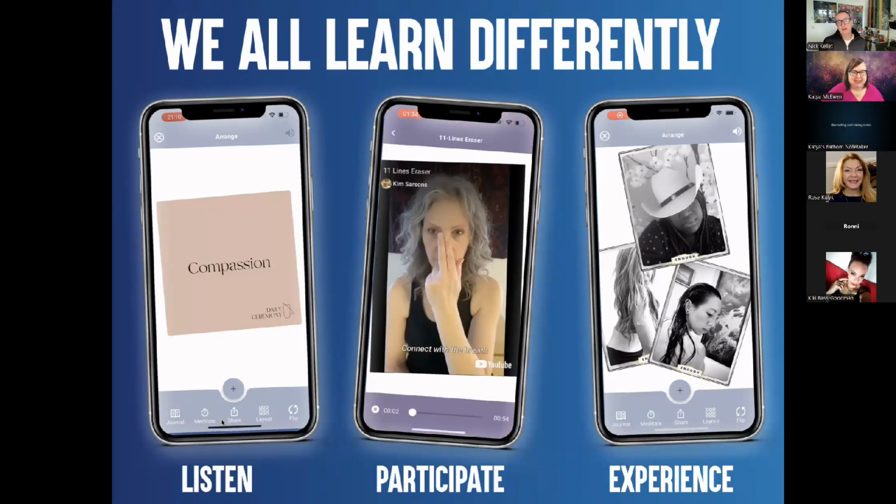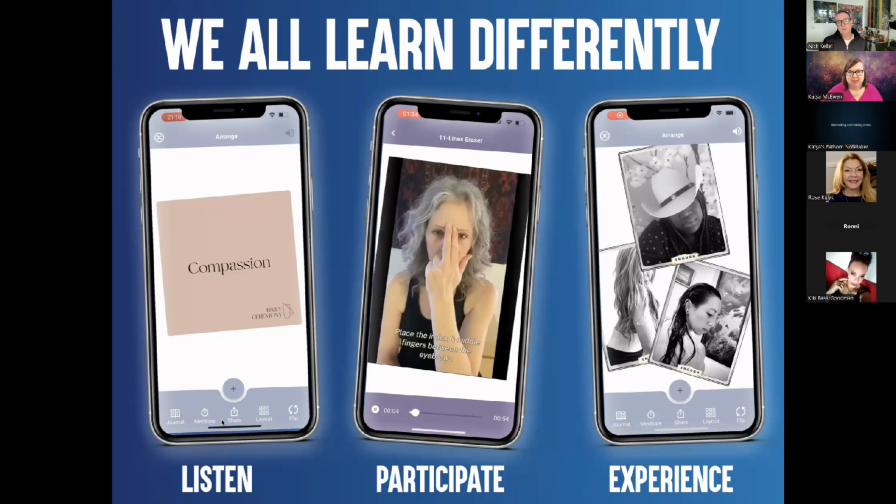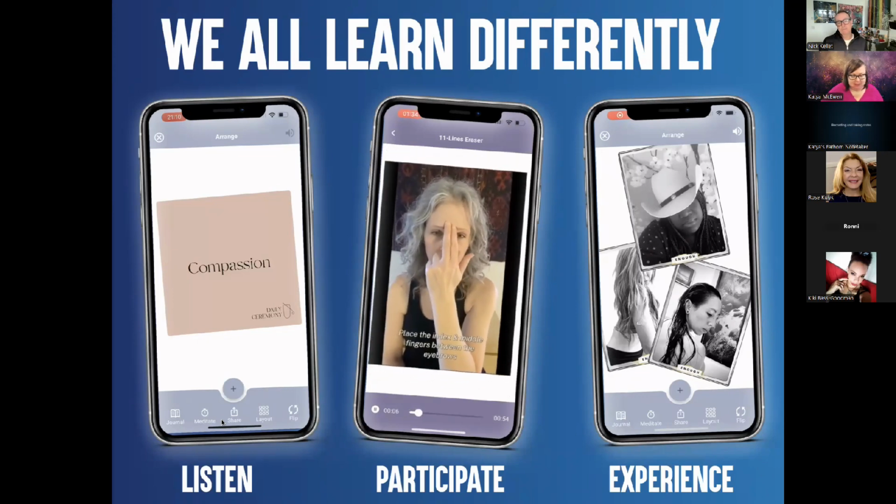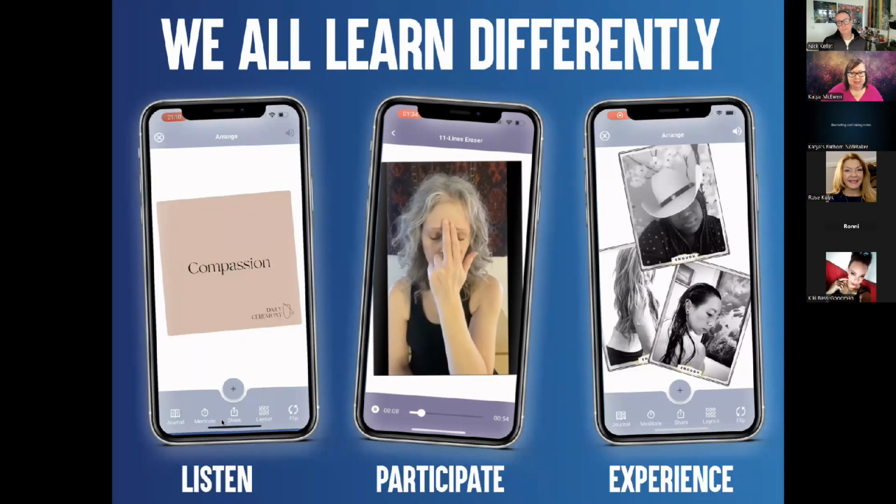Connect with the breath. Place the index and middle fingers between the eyebrows. Inhale and apply gentle pressure. On the exhale, gently stroke upwards and separate the fingers like